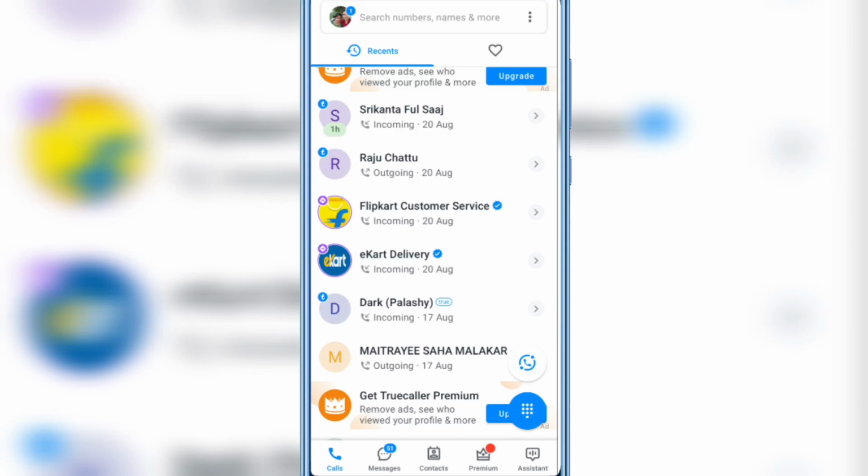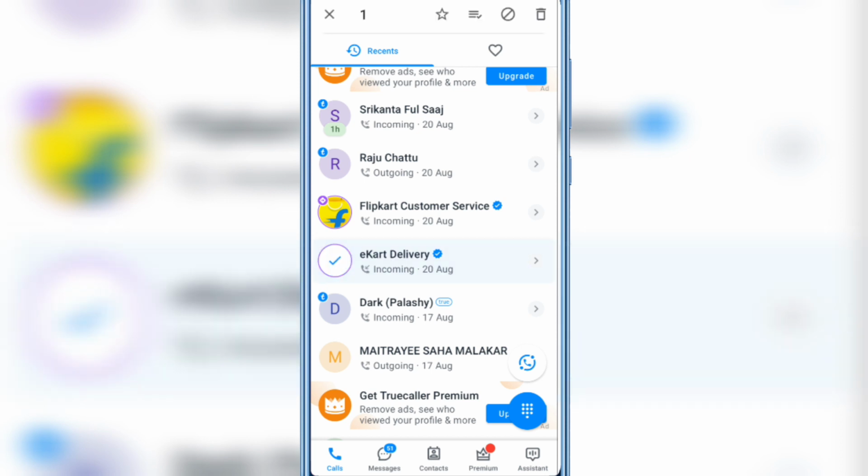In this video I'm going to show you how to block any number in Truecaller. If someone is bothering you by call or message, you can easily block any number by using Truecaller. If you want to block a number, just tap and hold the number here, and you will see the circular